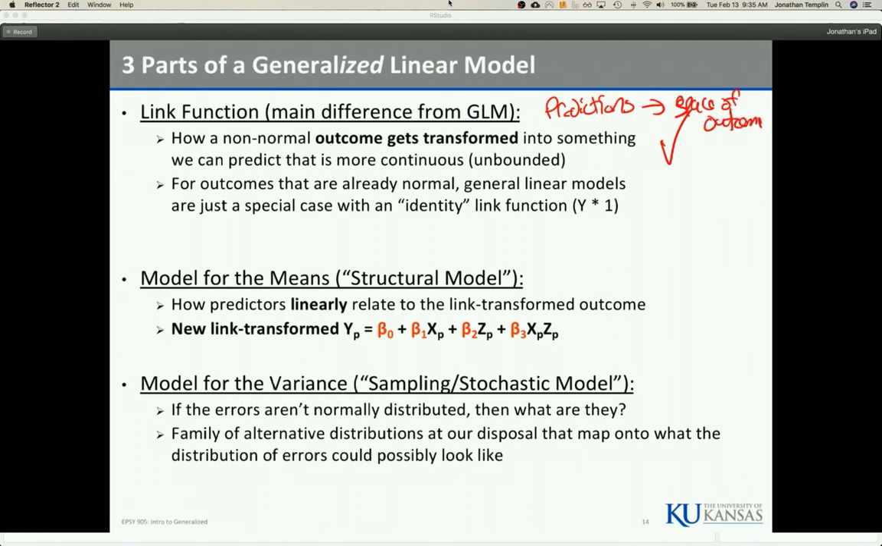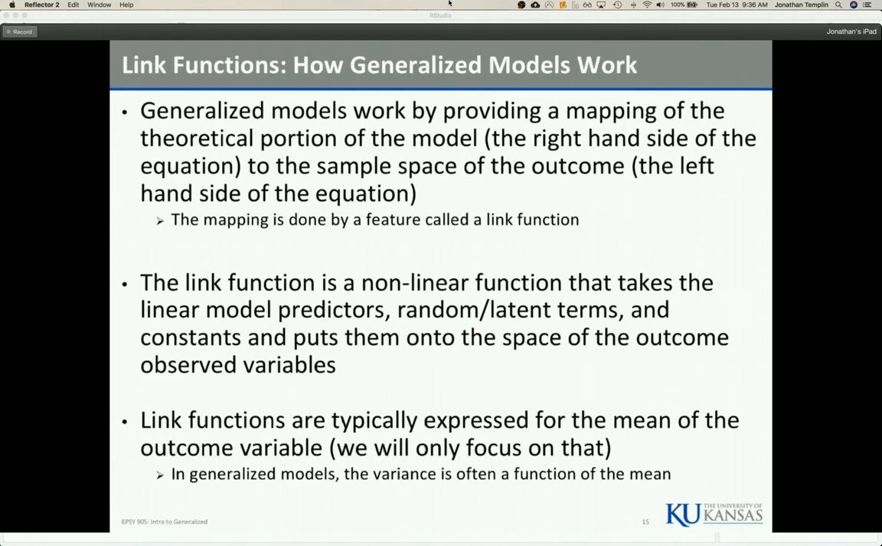Right? There's the model for the means. That's what gives us our predictions. And there may or may not be a model for the variance, but it also potentially provides parts for our predictions as well. So the generalized models work by doing this mapping from the theoretical portion of the model on the right-hand side